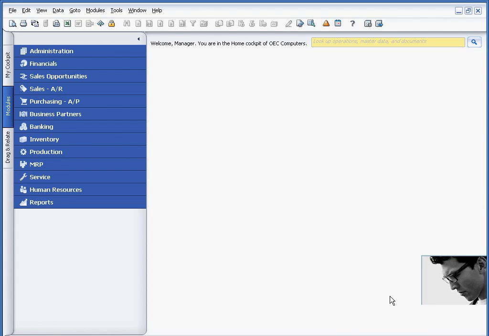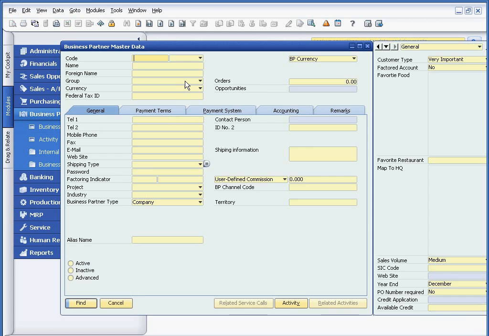Oftentimes, companies need to be able to configure their solution to accommodate unique reporting requirements. The way that we would handle that within Business One is through the concept of user-defined fields, or UDFs. UDFs are available to be used throughout the solution, typically on master records or on your buy documents or on your sell records. So for example, if I open up my business partner master record